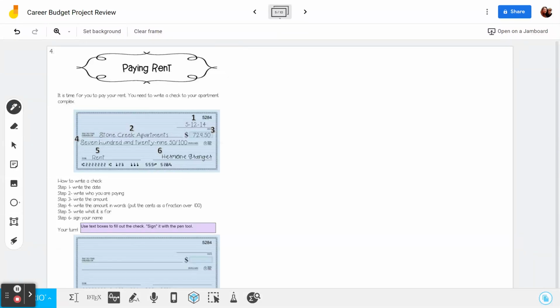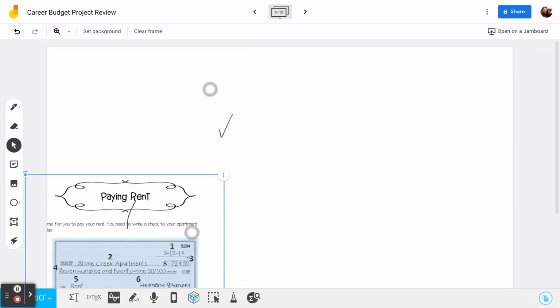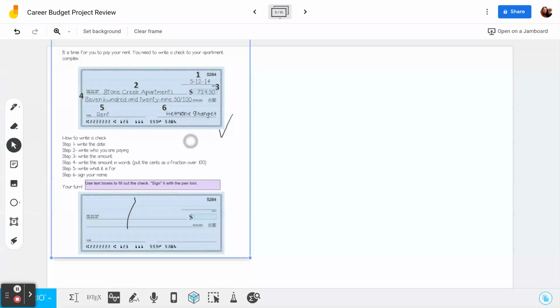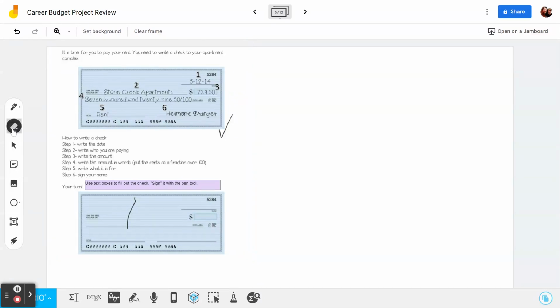All right, so now it just gave you an example up here about how to actually write out a check, and it asks you to do that. So you are going to, I really wish I could get rid of this because I cannot get this to, sorry, I can't write at the bottom like where the actual check is. Let me see if I can, nope. I'm going to just try to move this a little so that I can see it. There we go. All right, so when we're doing this one,